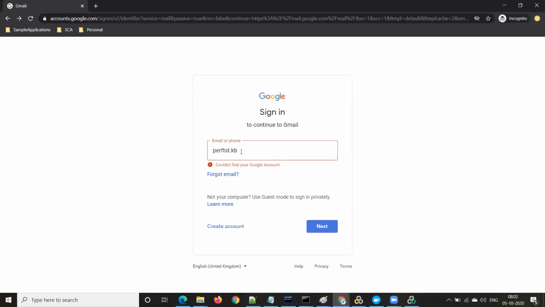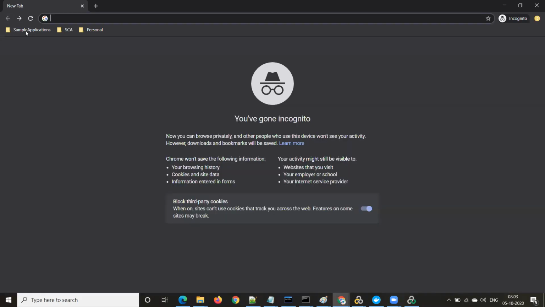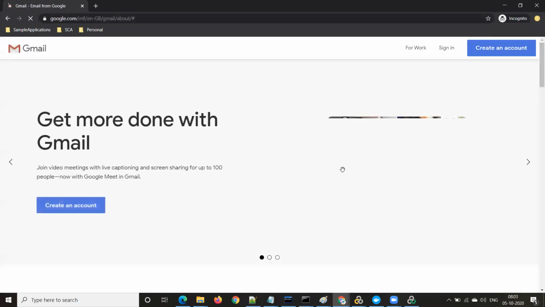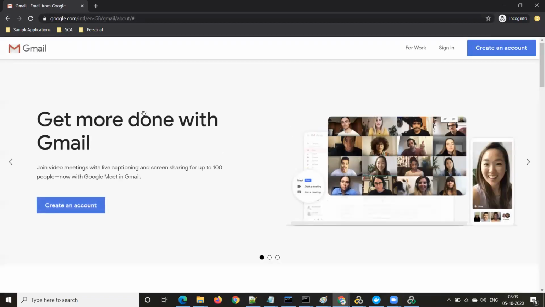So it has to check with the database whether this email ID exists or not. It has to check some table in the database. Agree? Yes, sir. Right. Now the application server comes into the picture here. Initially, when we enter gmail.com, this is a static page that will be served by the web server itself.